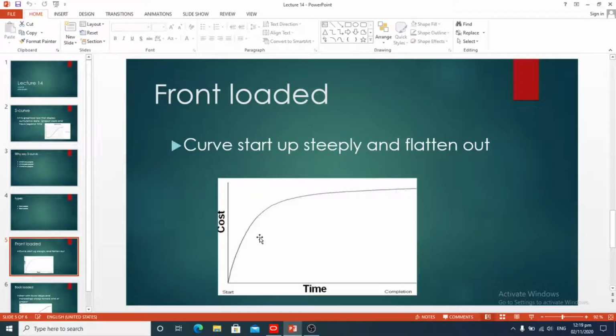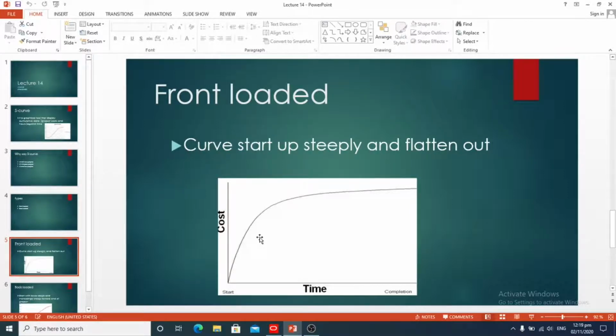Other examples of front loaded curves are projects that have been accelerated from the beginning or projects that needed urgent repair of damage early on. Deposits and mobilization costs will also lean toward a front loaded S curve.